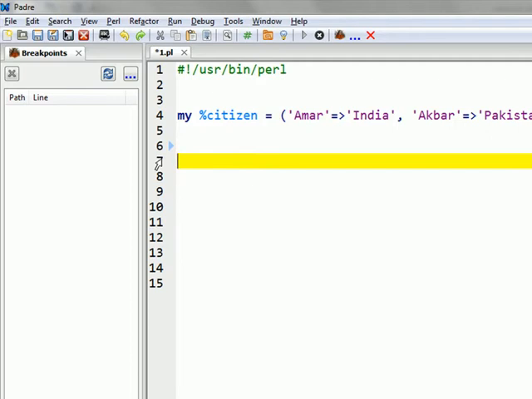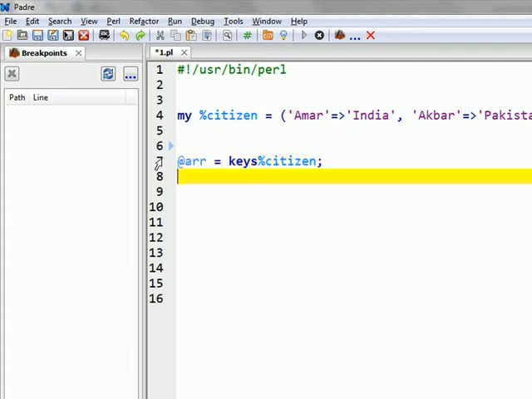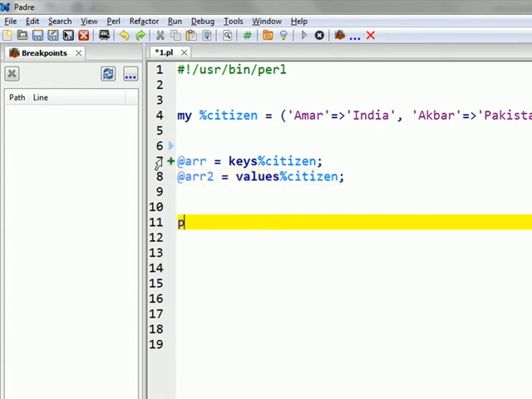You can write @ARR is equal to keys %citizen, @ARR2 is equal to values %citizen. So let's print